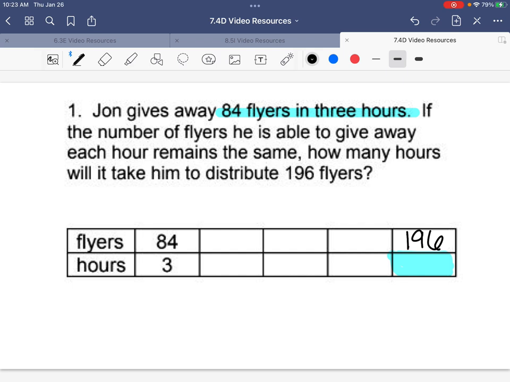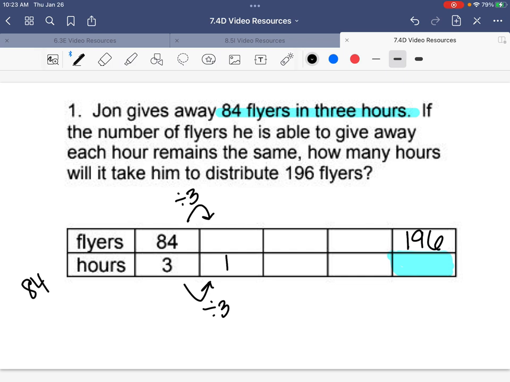Well, I'm not quite sure how to multiplicatively get from 84 all the way to 196. So I'm going to scale down and I'm going to find the number of flyers that John can do in 1 hour. I'm going to scale down by dividing by 3. And 84 divided by 3,